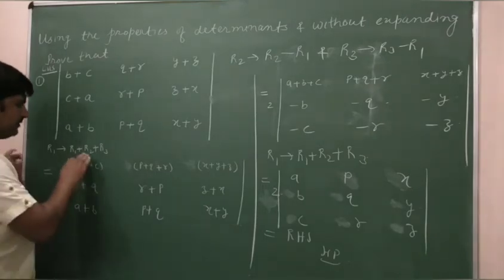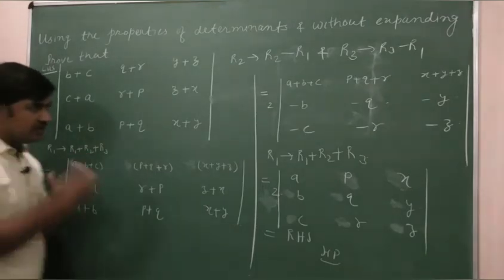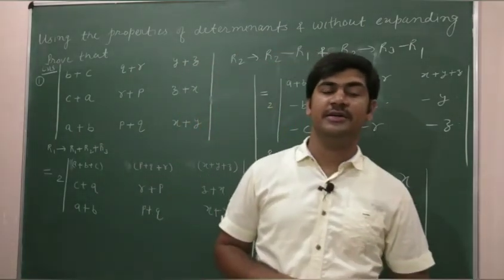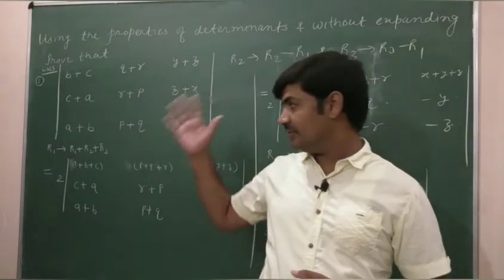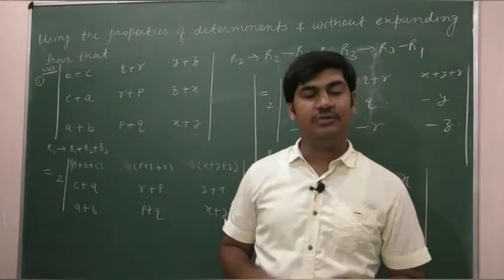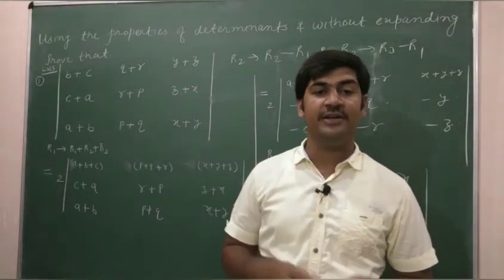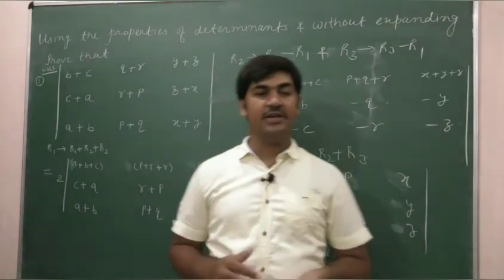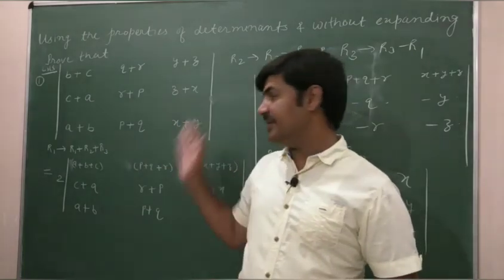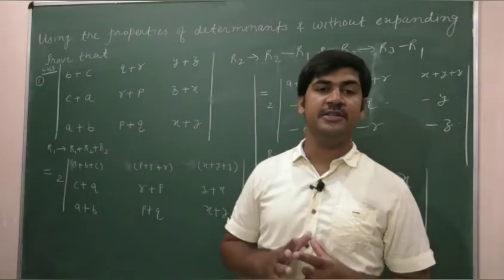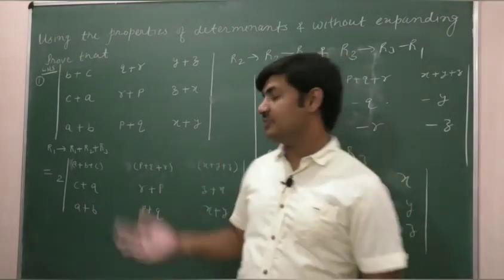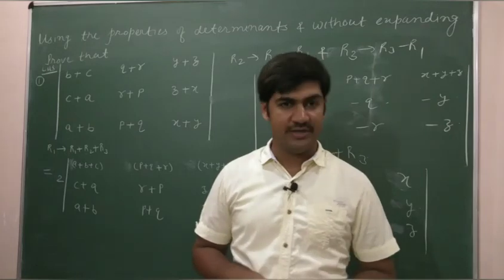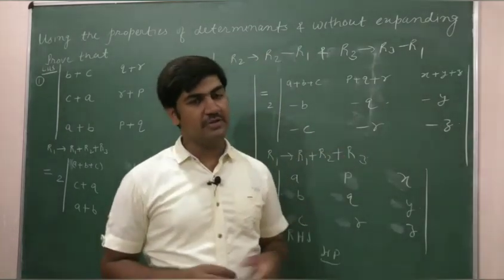Okay, and after we have used this particular property, what is the next property we have to use? Initially you won't get that. Once you understand a lot of examples, then you will start getting that, and you will yourself get which property to be used next. So that is the reason why I am taking these many examples, so that you can understand the properties well, and in which question what type of property to be used. So I am sure you have understood this particular question well.